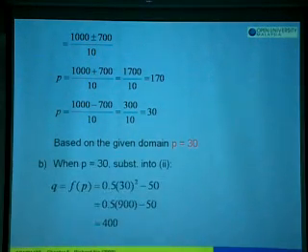Okay? Next question, when P is equal to 30, so we have found the value of P equals to 30, we substitute into either one of the two equations, so we will get Q equals to 0.5 P. Okay, so substitute with 30